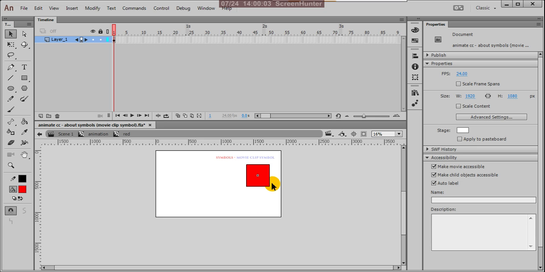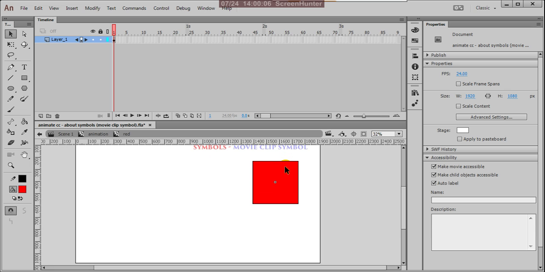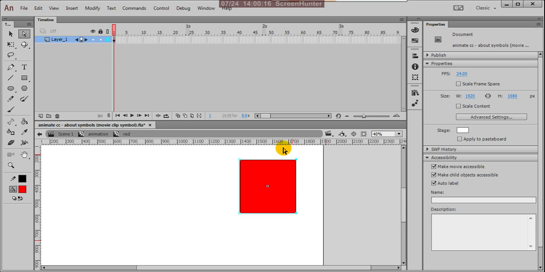Suppose here I'm planning to do something. I want to change these shapes. I am planning, sorry, I only want to move this.